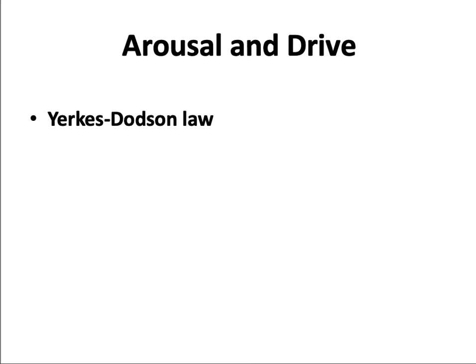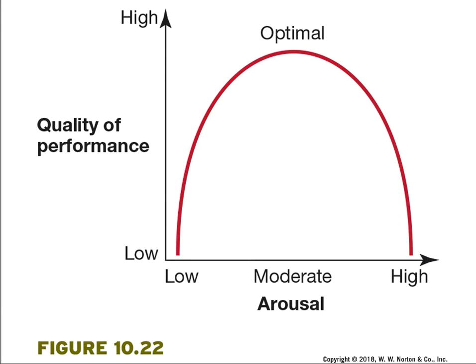Motivation does not always lower tension and arousal. People are motivated to seek an optimal level of arousal, the level of arousal they most prefer. Here's a graph of the Yerkes-Dodson law. According to this law, performance on challenging tasks increases with arousal up to a moderate level, where it is optimal, and after that point, additional arousal interferes with performance.